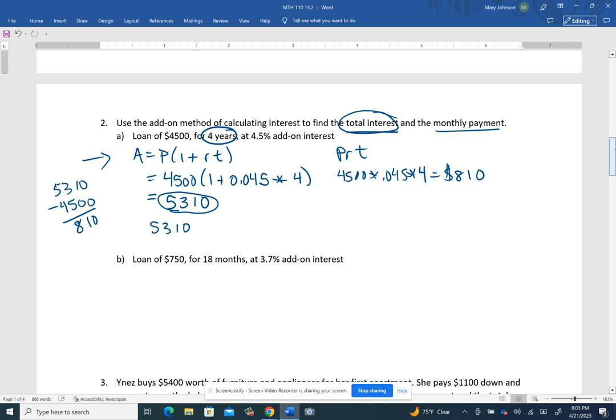So if you had taken 4 years to pay that off and you're going to do it monthly, then you want to know how many months there are in that time period. So that means you're going to pay it off in 48 months. So you're going to take the 5,310 and just divide by 48. These kinds of things are kind of logical. Like you can think through it. These are things you're going to be dealing with or you've already dealt with, right? And that would turn out to be about